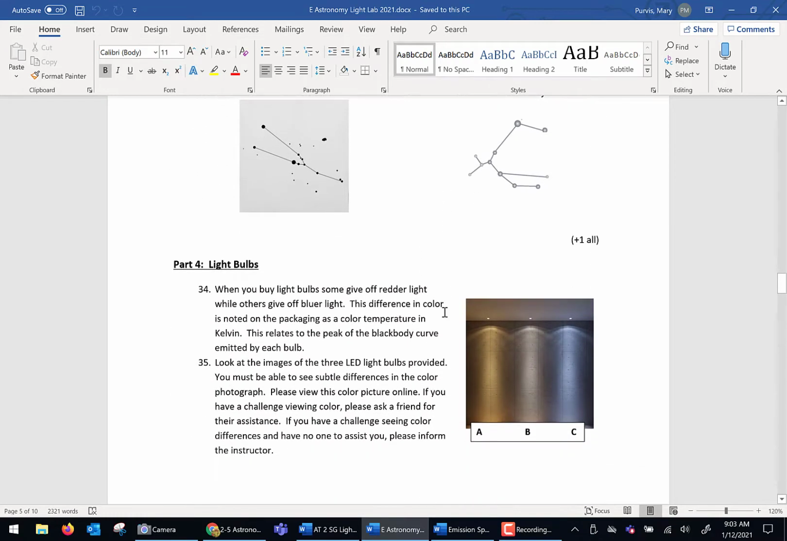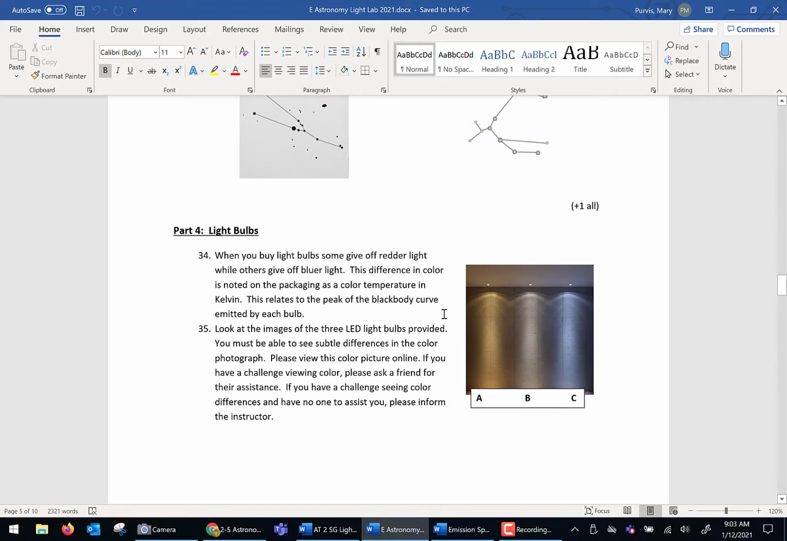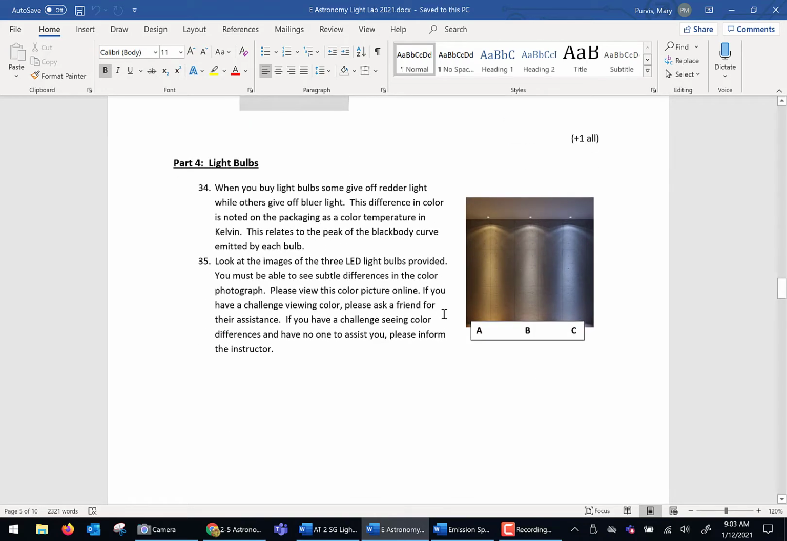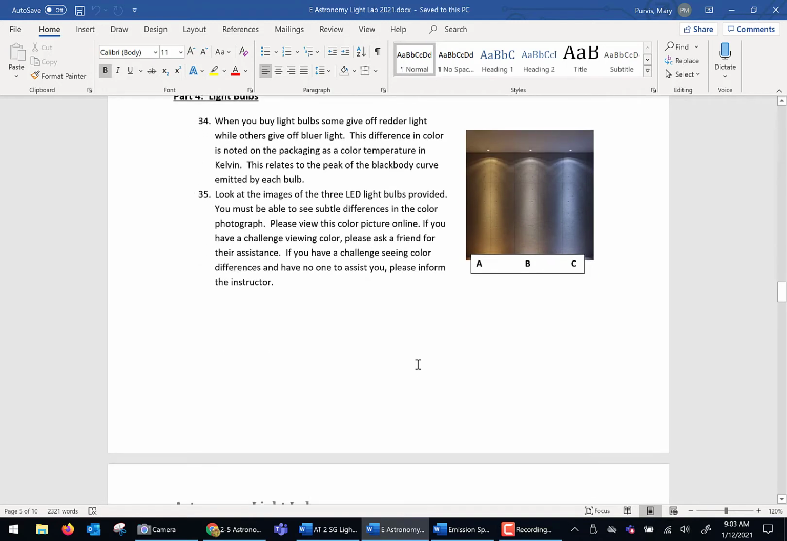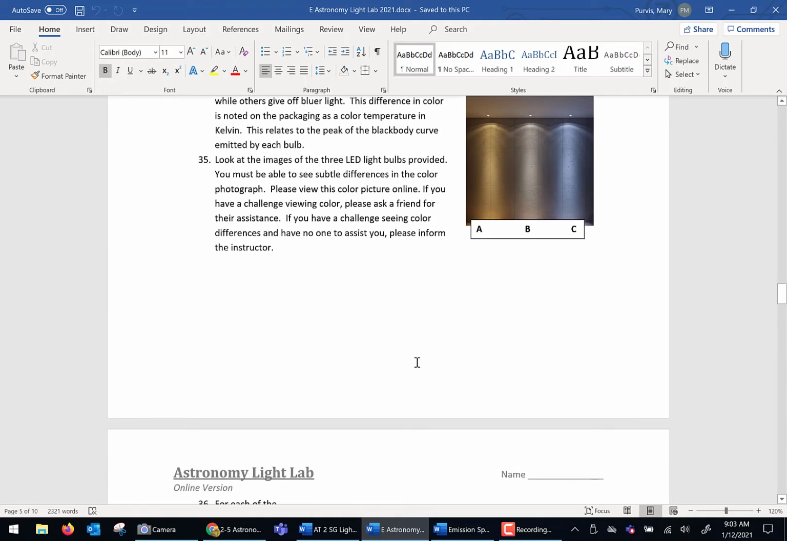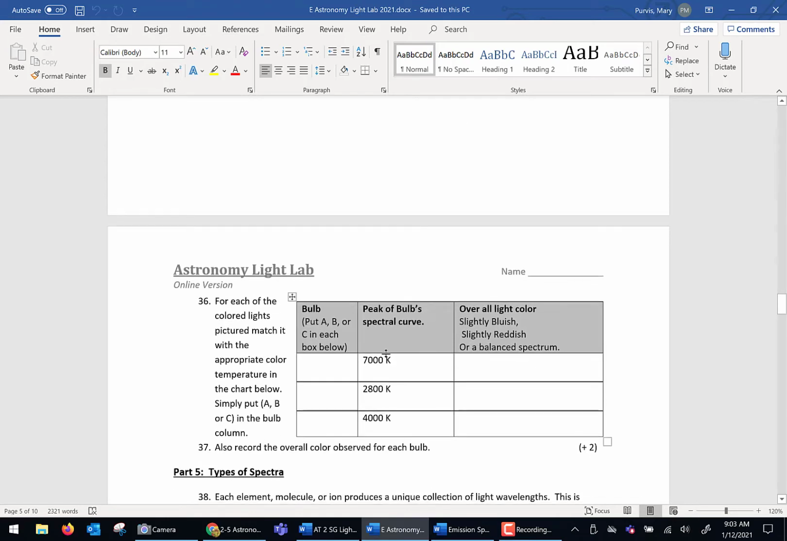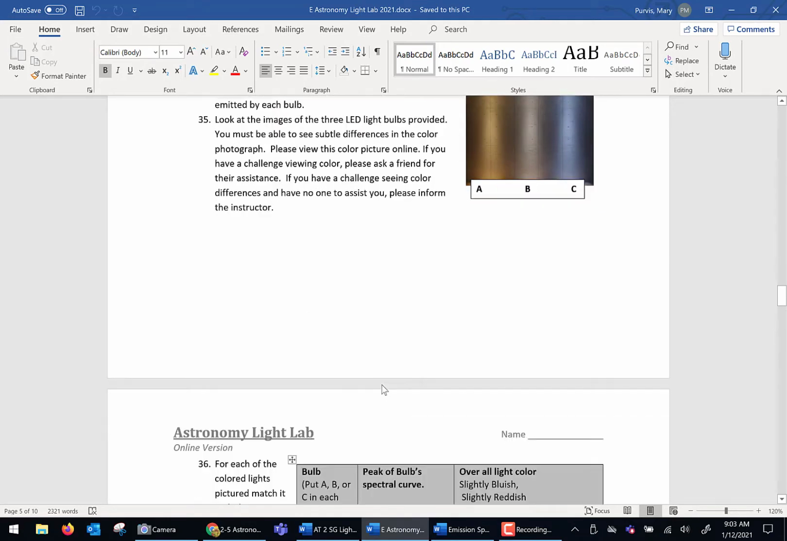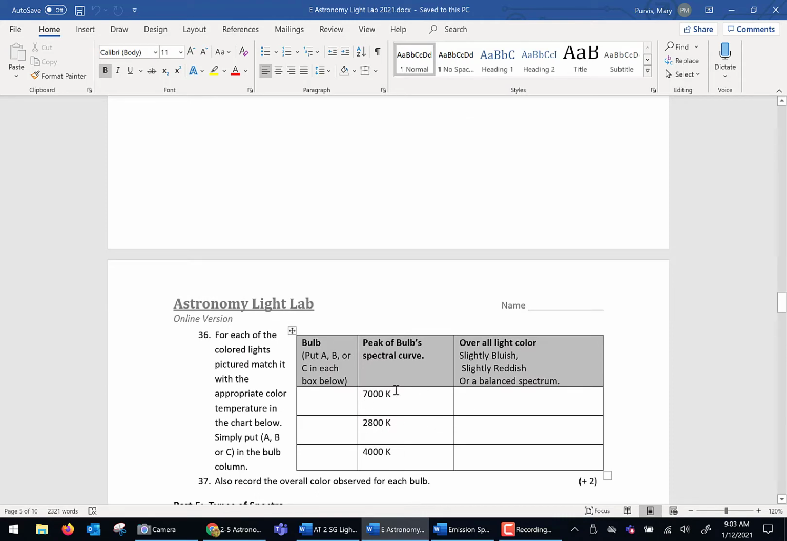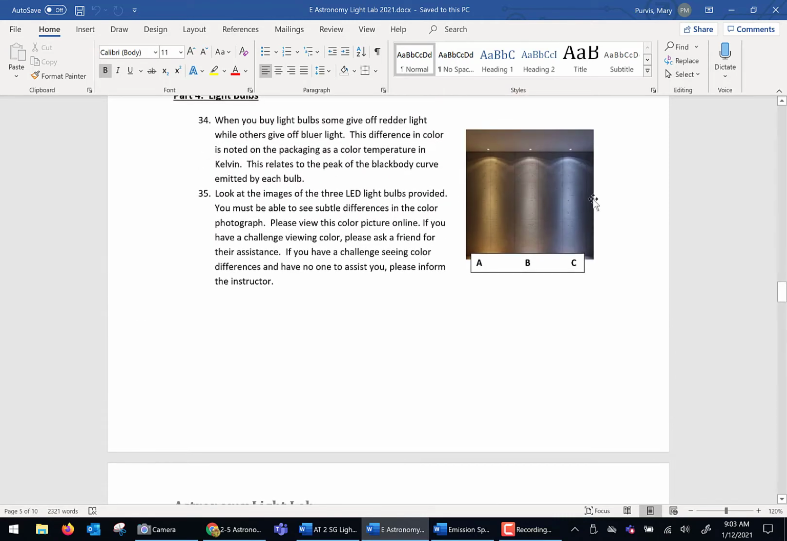pictures. Light bulbs. When you buy light bulbs at your favorite hardware store, nowadays in the modern world, they give you a temperature in Kelvin, which doesn't make sense unless you really understand black body curves and their emission. So after you've watched the lectures, I want you to look at this picture, look at the peak of the black body curves, and can you match which black body curve peak is going to go with which one of